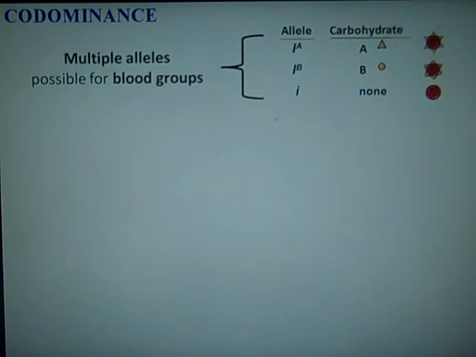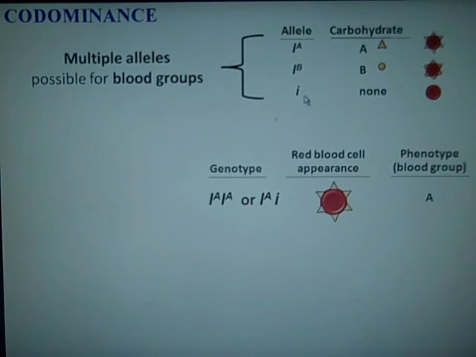Codominance, our usual example is blood groups. And with blood groups, we have 2 different dominant alleles, A and B, and then our recessive allele, which was the little i. And if we put these together, we can get a range of genotypes and phenotypes. These possible genotypes will give you this phenotype on the red blood cell. And we call that phenotype blood group A. If we have a combination of the dominant B alleles or the dominant B and the recessive allele, we get